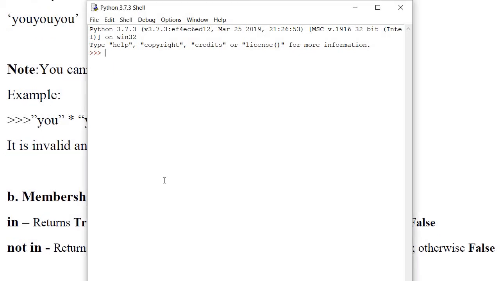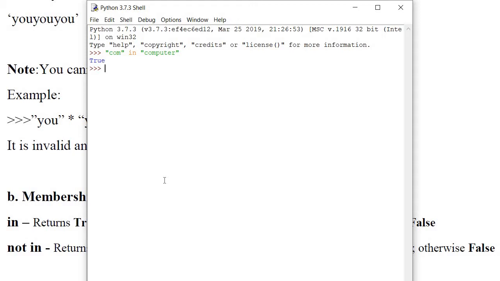Now I will write com. It is a string, so we will write it in quotes, in. Now, which string do we have to see? Computer. Fine. Now, it said true because com is in computer.